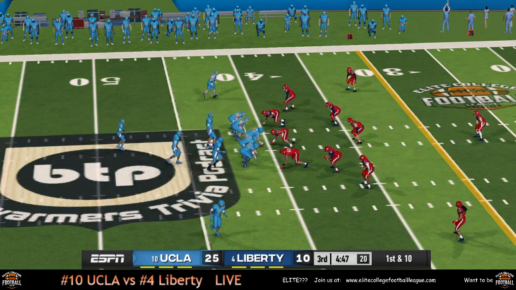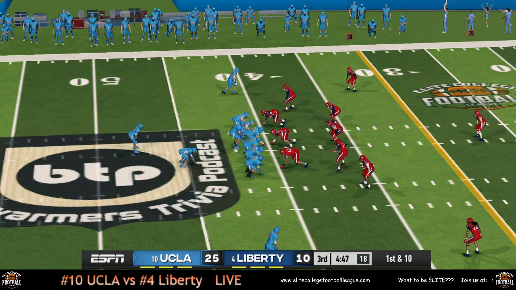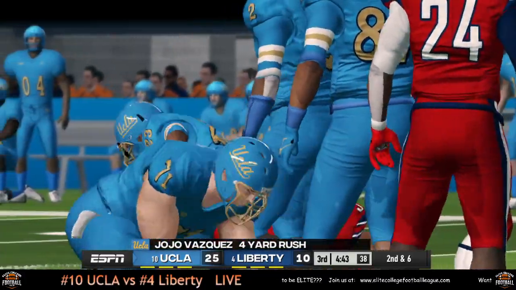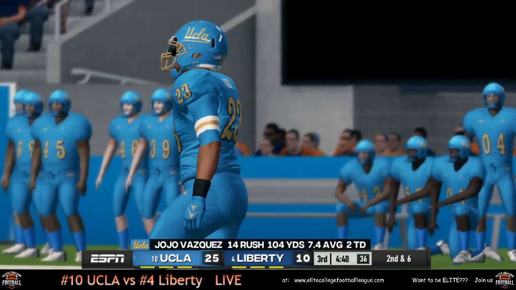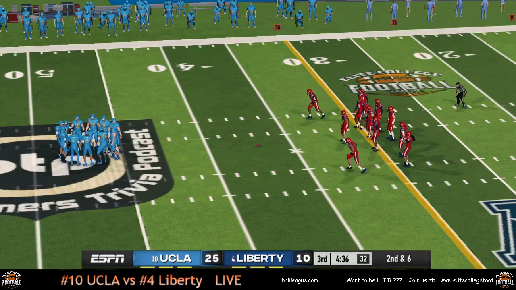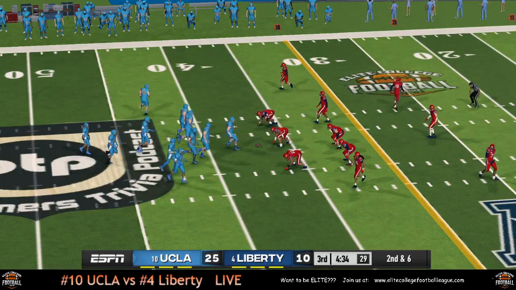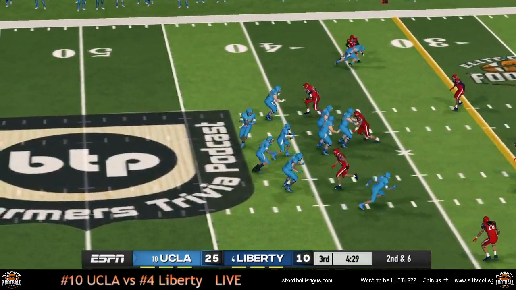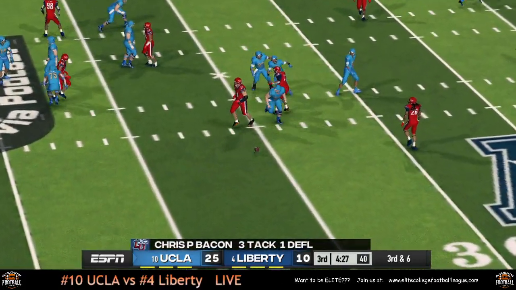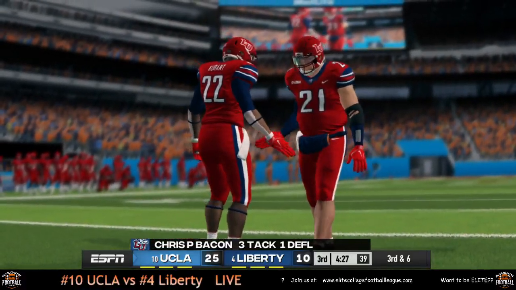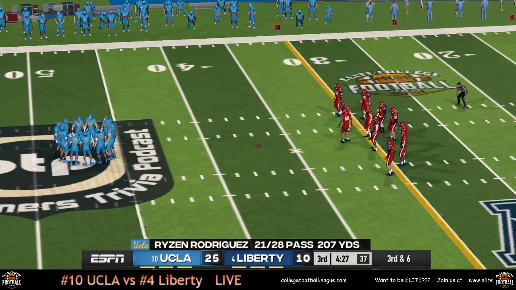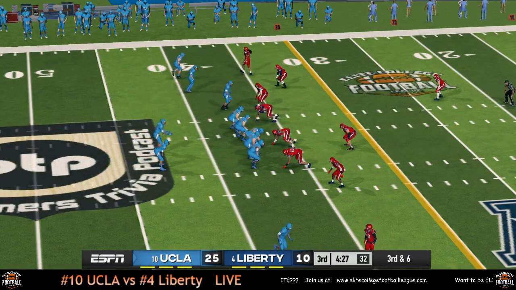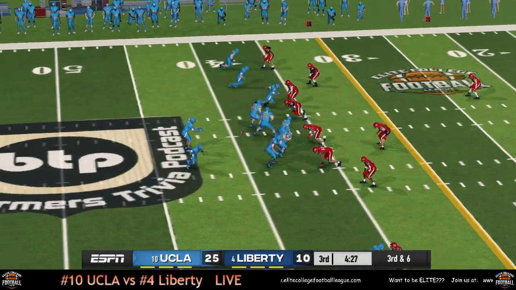41. Offset I formation. Going to hand the ball off to Vasquez, and Vasquez is going to get a 4-yard gain. Brings up 2nd and 6 for UCLA. He is over the century mark now on the night on 14 carries. They're going to pass it here, and it's almost intercepted. Crispy Bacon with the deflection there. Might have had some grease from that bacon before the game.